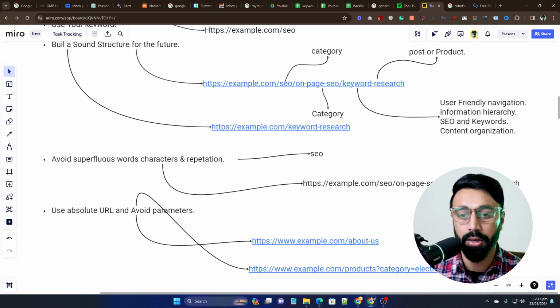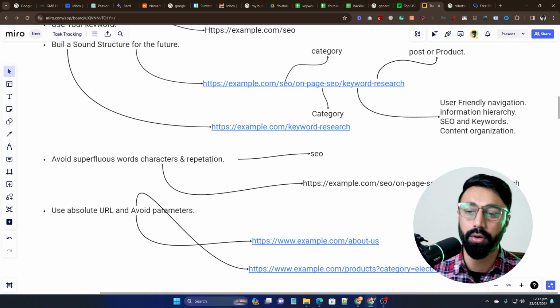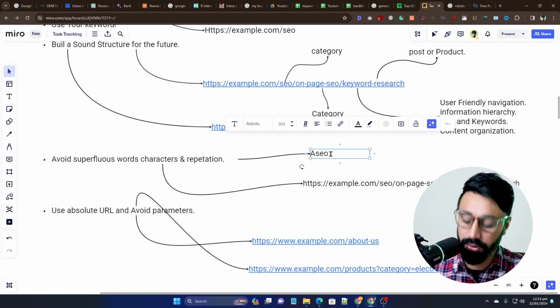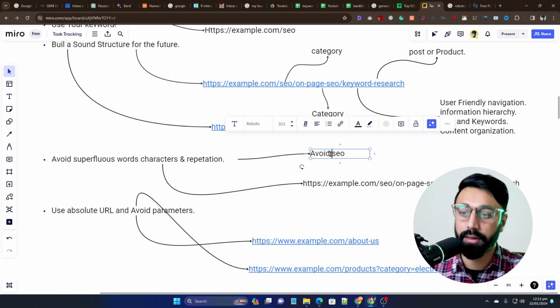because if I go with that, this will be over optimized, and Google will not like it, or any search engine. Of course, we prioritize Google first, so I will talk about Google. So Google will not like it, and it will be called over optimized. So make sure to avoid repetition in every condition while creating that kind of